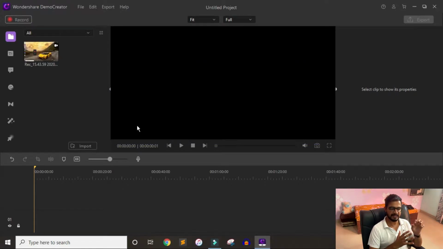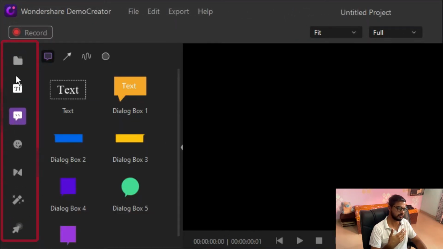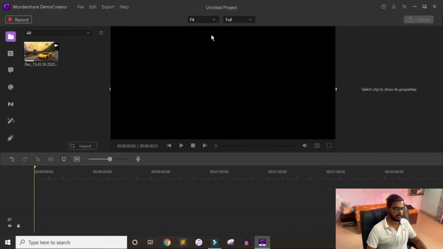And as you can see, its dashboard is a bit similar to Camtasia. If you are familiar with Camtasia, you know that this dashboard is a bit similar. Anyway, this is our recorded file, and here we have important sections. As you can see, you can switch between them, and this is another record button if you want to record another clip. And this is your preview window, this is your timeline, and these are some other settings. And here are basically the properties of the element that you select, video, text, template, etc.